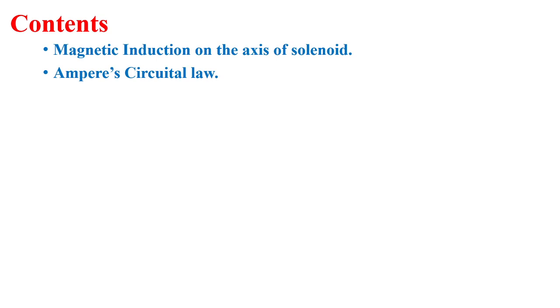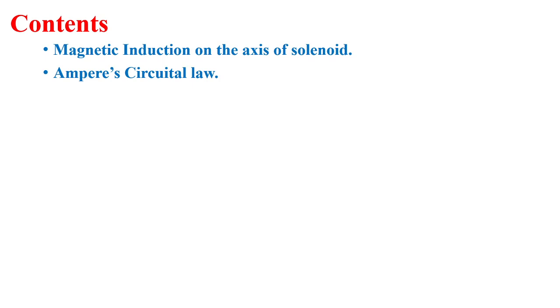We can differentiate electrostatic field and magnetostatic field. In electrostatic field, charge is at rest, while in magnetostatic field, charge is in motion. In electrostatic field, one charge creates an electric field E in the space surrounding it, while in magnetostatic field, a moving charge creates a magnetic field B in the space surrounding it.